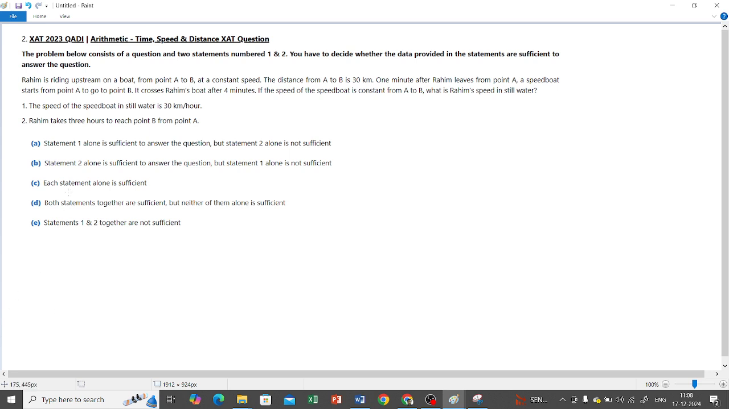So let us express this pictorially. A to B. What is the distance? A to B is 30 km. One minute after, now see, we have certain variables that we need to take. So one is Rahim's speed